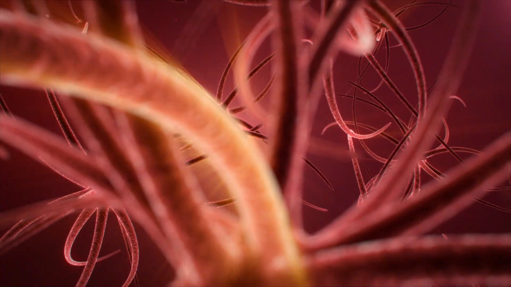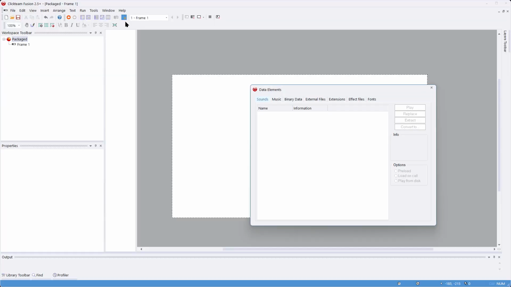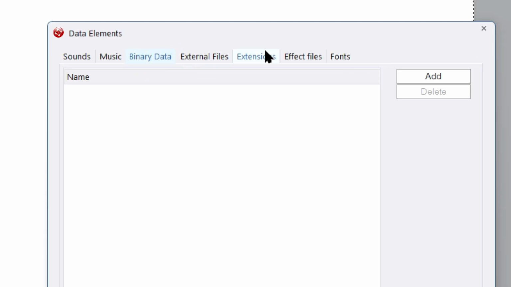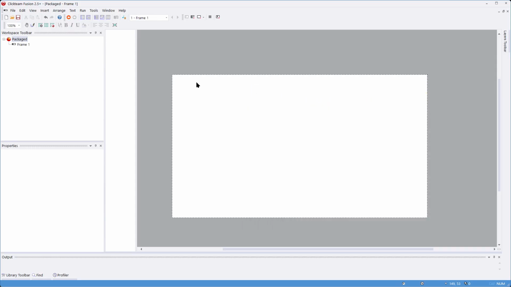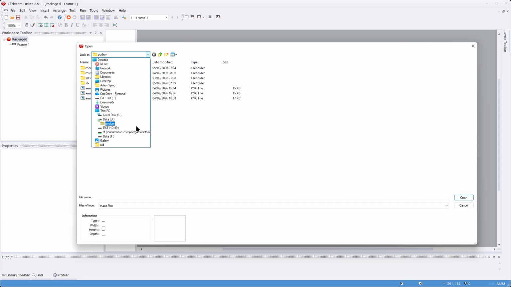Packaging. Packaging is a way of keeping your files together so the game will run. And this comes back to the data elements of binary files and external files covered in this previous video. I'm going to set up my game with a couple of external files. So I've added an active picture